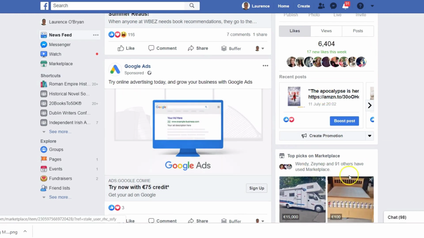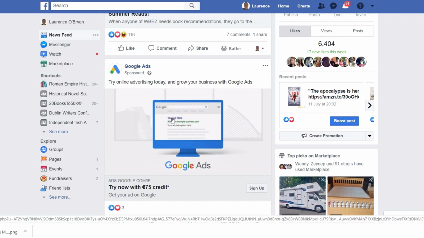And sometimes you'll see them on the side panel here, and sometimes you'll even see them on other websites. So if you're interested in buying a vehicle and you suddenly start to see ads for vehicles all over the internet, it's because people are retargeting. They know you're interested in buying a vehicle and they're retargeting you.